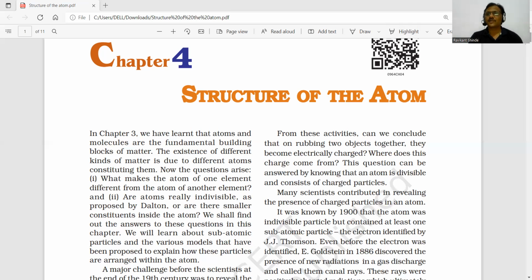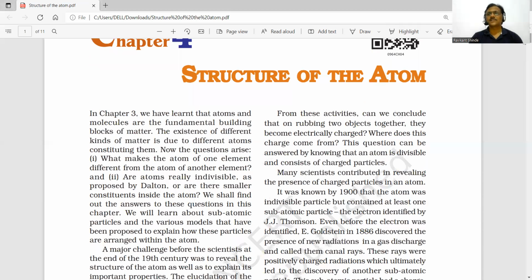What are the things we will understand from this chapter? In the structure of atom, we have a historical part, that means discoveries of theories of the atom given by different scientists. After the discovery, we will be discussing the concept of valency, and then structure of atom. Then definitions of atom in terms of atomic number, atomic mass, neutron number, and then isotope, isobar. So let us begin structure of atom.